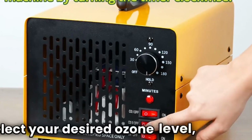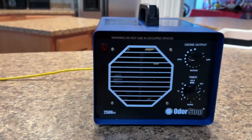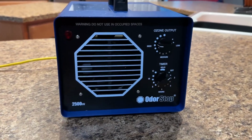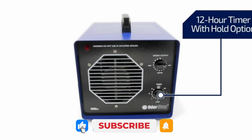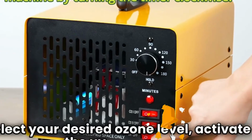So I need to be honest with you about something. Most people buy an ozone generator, plug it in, and either get a machine that barely does anything, or they accidentally turn their living room into a chemistry experiment. I have spent a ridiculous amount of time going through these machines, so you do not have to make that